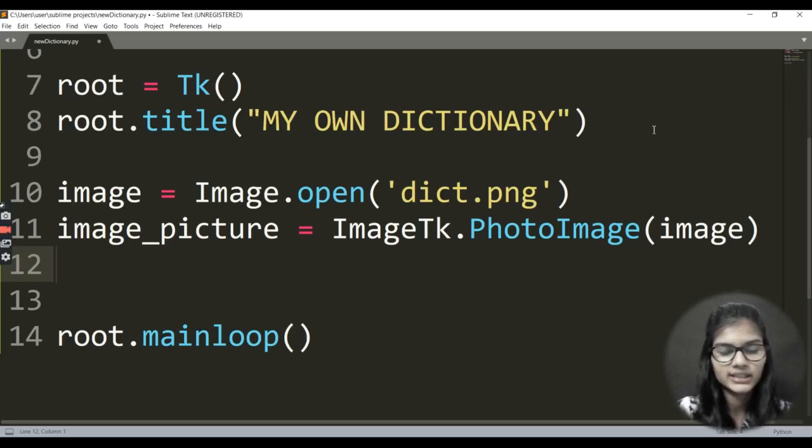Fine. Now what I'll be doing is taking another variable, and I'll be giving it basically the place where I want this image to come, right? So I'll be giving, let's say, desc underscore pic. That is basically destination underscore picture, right? So that's the short form for that.